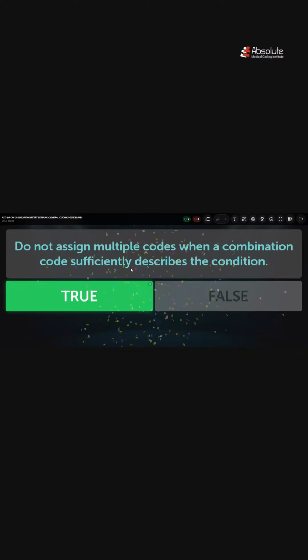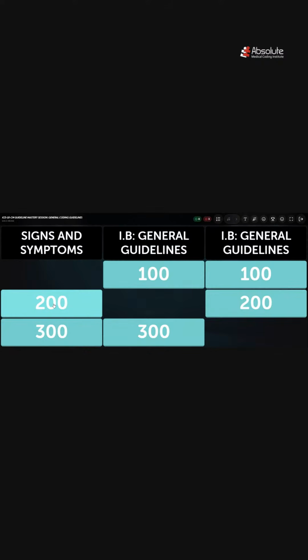You definitely want to simplify codes whenever you can. So if there's a combination code, there's no reason to split that up into multiple codes. So I think everyone got that one right. You guys are rocking. I totally agree. Let's keep it up. Let's move back to signs and symptoms for